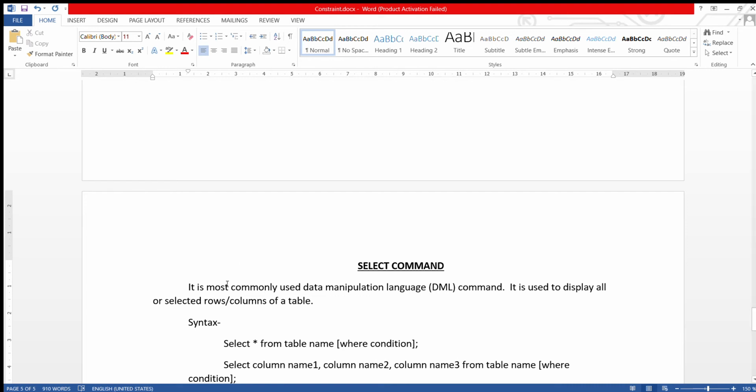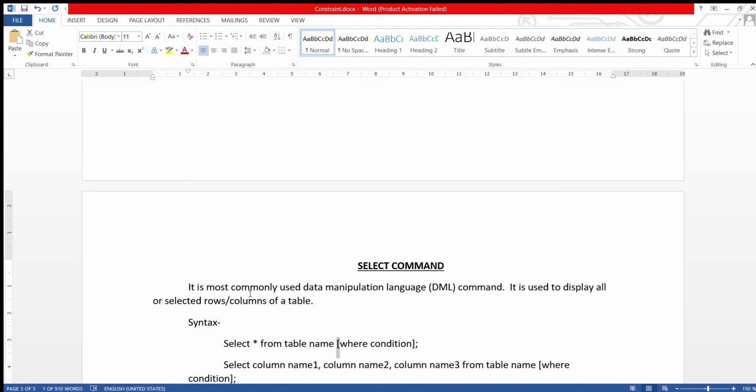So how to use this command? There are different syntaxes to use this command. The first one is select, this is the command, then star. I will explain the meaning of star. Then from table name, then in the big bracket, where condition. Now what does that big bracket denote?